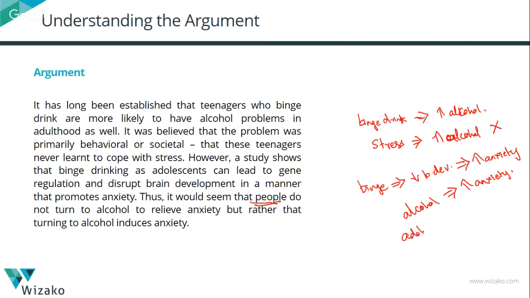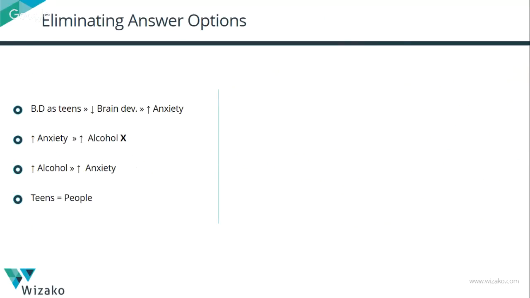And also we've talked about adolescents so far, and then suddenly in the conclusion it says people. So what is true for adolescents who drink is true for all people who drink. People who start drinking as adolescents versus all people who drink. That's another assumption in the argument. Now, this is a little complicated argument, because not just are we saying that something is true, that alcohol consumption leads to increase in anxiety, we're also saying something is not true, that increase in anxiety doesn't necessarily lead to increase in alcohol consumption.